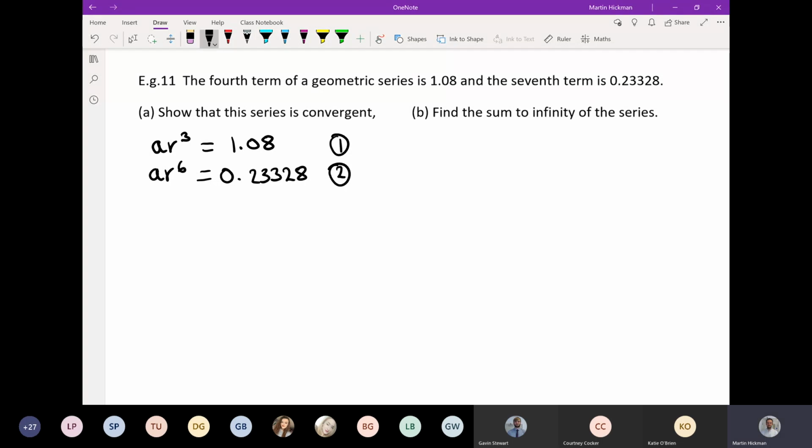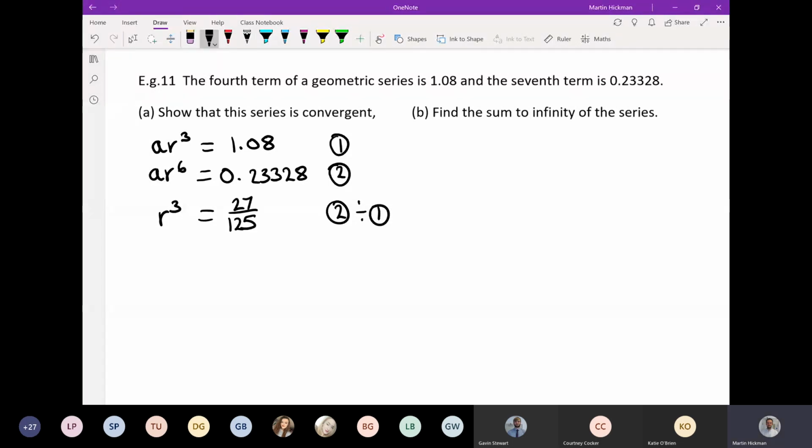Yep, so that'll be equation 2 divided by 1. So we just do equation 2 divided by 1. And what happens is the a's will cancel. And r to the power of 6 divided by r to the power of 3 just gives me r to the power of 3. And when I put these decimals in my calculator, I get